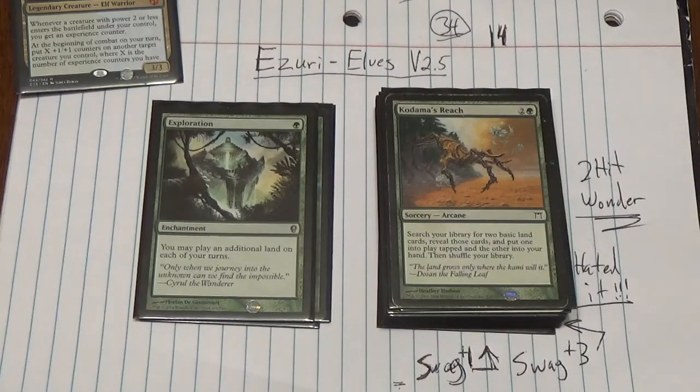Oops. Kodama's Reach. You got the scraggly old man hands coming from the forest. Yeah, I don't want to get touched by them hands. Get out of here, Kodama. What are you reaching for, creeper? This chewed up version of Kodama's Reach